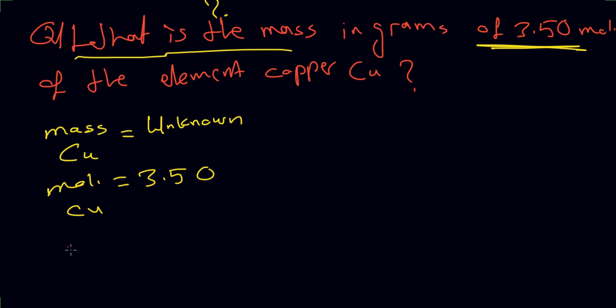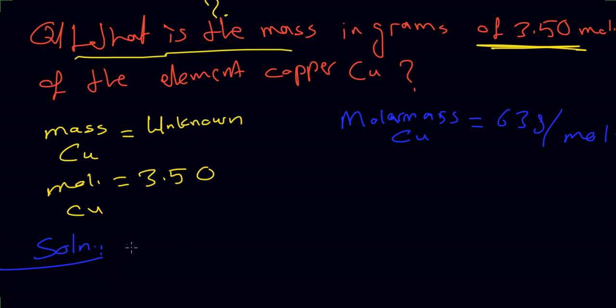Okay, let's find this. But more information must be given. Here, one information is given. Molar mass of copper is equal to 63 gram per mole. Okay, let's solve the question. Solve I mean by solution. Okay, so you have a rule which is given, right? Which one is given? Mole is given, so you write mole of copper given